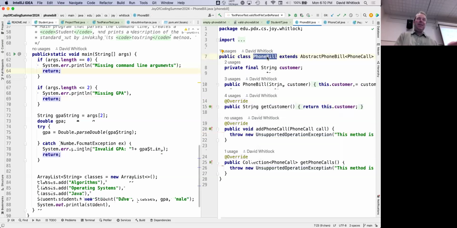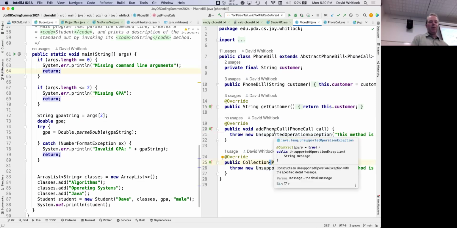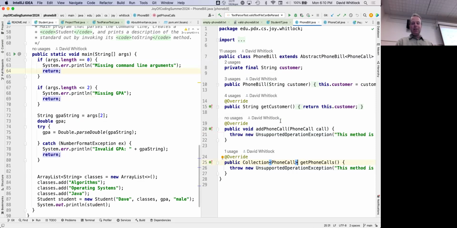I don't think it's strictly necessary, but you could, and then you can add a phone call to it, and you'll need to figure out how to store it in a collection of phone calls. But you can probably meet the requirements of project one without making any changes to your phone bill class. So please take that into consideration as you're planning your work.